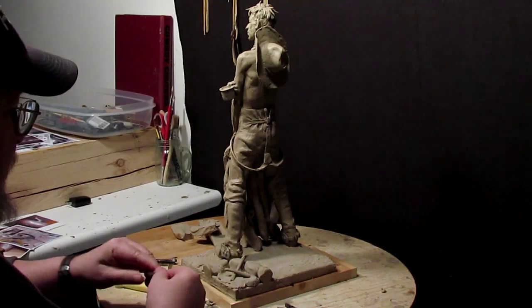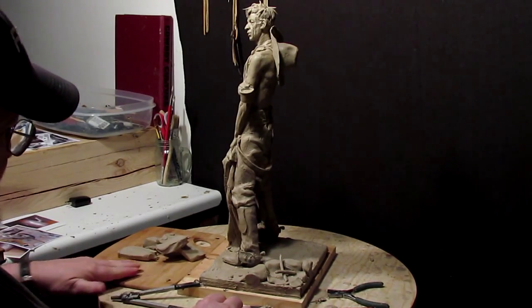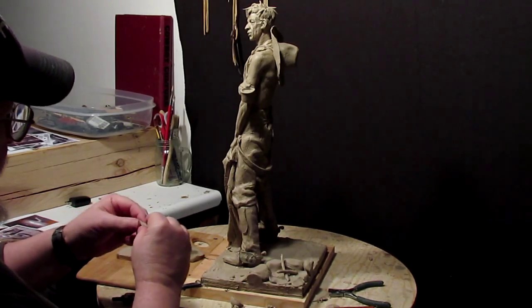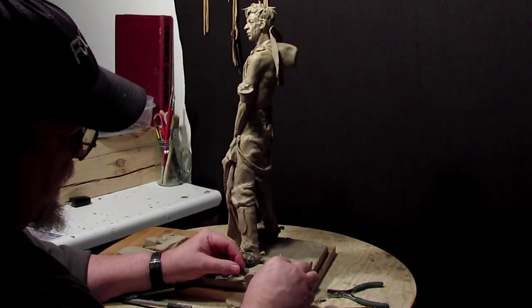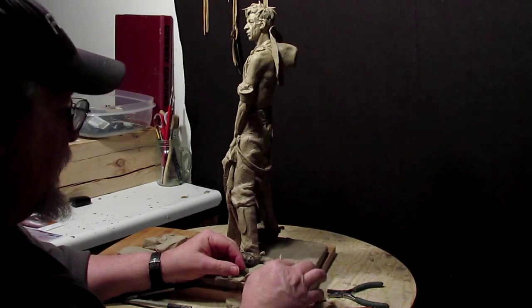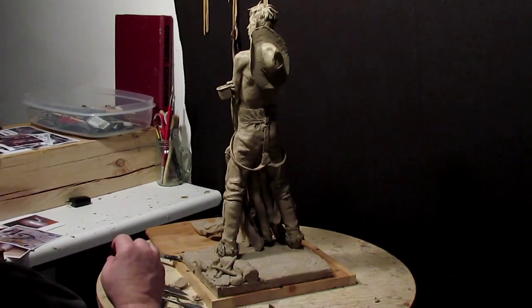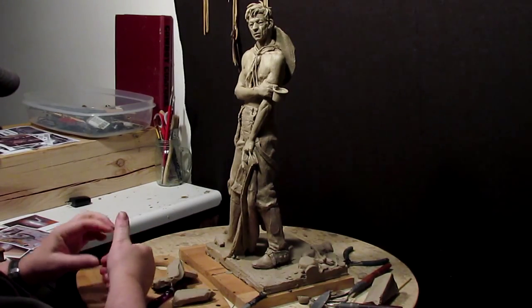I've got to figure out how to do this without costing a fortune. What I'll do is make a can of beans that have been opened,